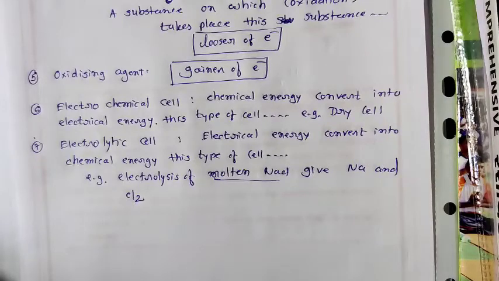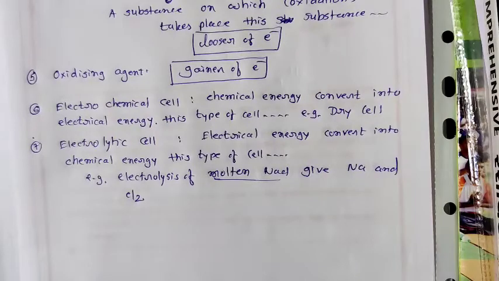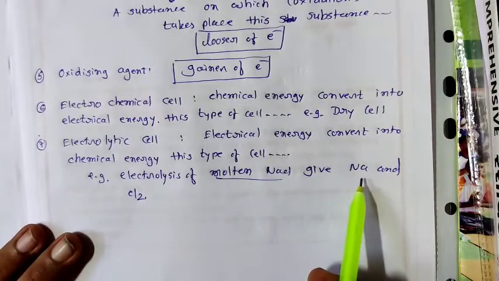While in concentrated solution, there is a higher amount of NaCl but a lower amount of water. It is a concentrated solution of NaCl. While in the other way, a higher amount of water and a lower amount of NaCl is dilute NaCl. Again, I repeat: in molten NaCl, the amounts of water and NaCl are equal. Concentrated NaCl: NaCl high, water low. Dilute NaCl: NaCl low, water high. These are three types of solution which are very useful in the electrolysis process. But just see, when we pass the current through molten NaCl, it gives us sodium and chlorine.